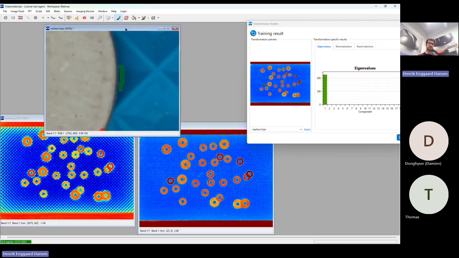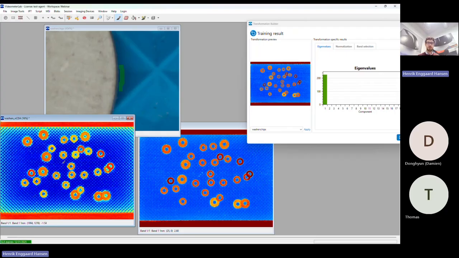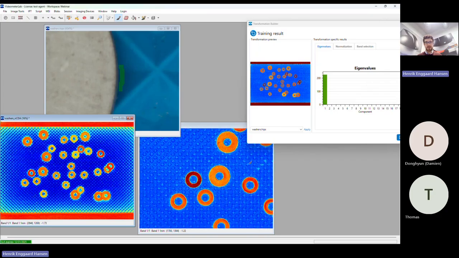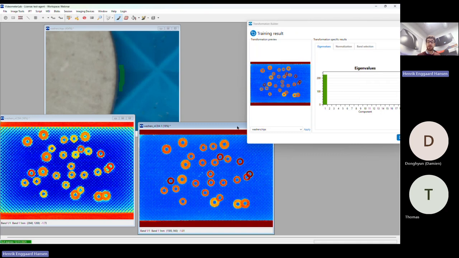The last point about this is that we can look at this picture and see where the colors are green, cyan, and that's where the confusion is for the transformation. Those are the places where we should go in and paint. Those are the places where we get the most out of our transformation, because that's where we want the separation to happen. We don't really care about additional separation within the washers or on the actual blue belt, because in these places the transformation is also already very, very certain about